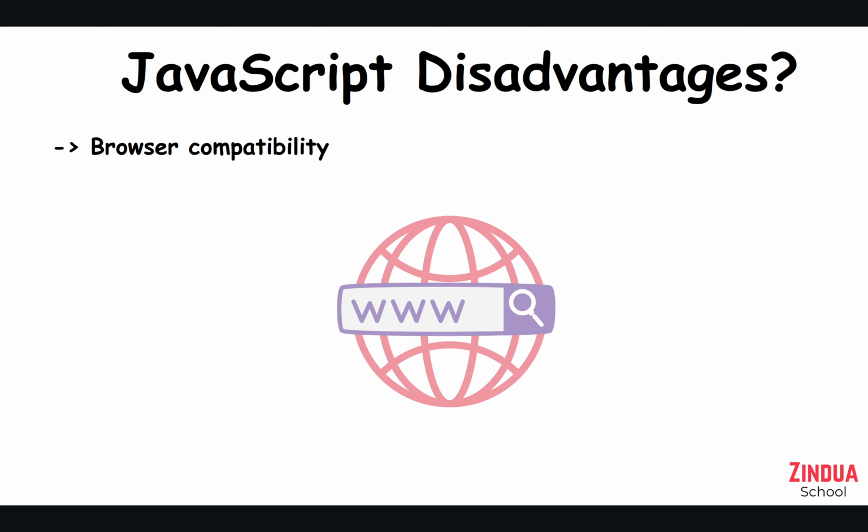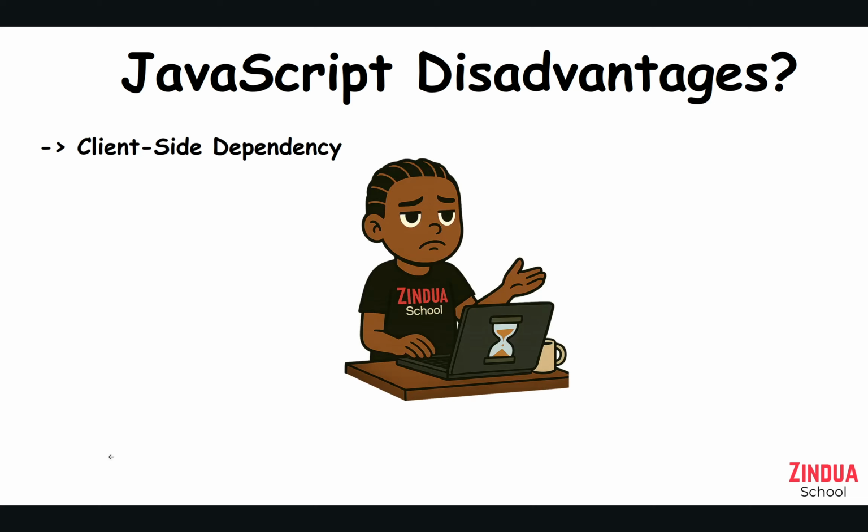Another disadvantage of having JavaScript is something called client-side dependency. Now, this means if your browser is very slow, or if your machine is very slow in general, then running JavaScript on that machine is going to be slow. So it is directly dependent on the end user's component. It might be slow on your machine and faster on someone else's machine if their machine is powerful.